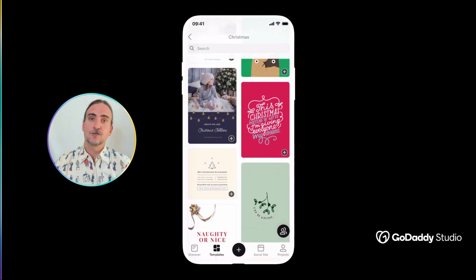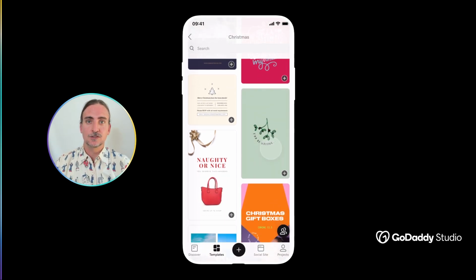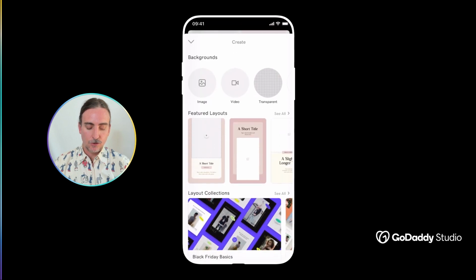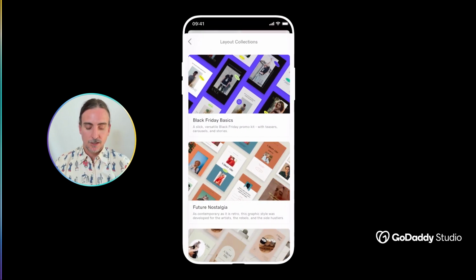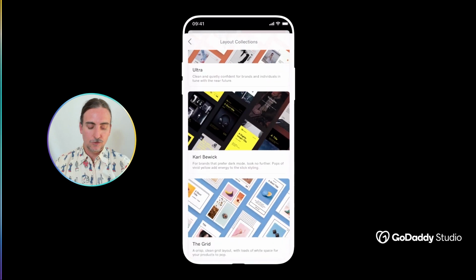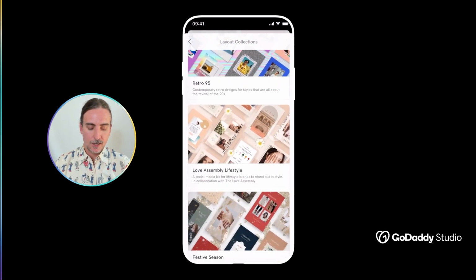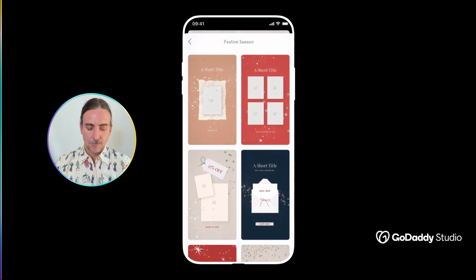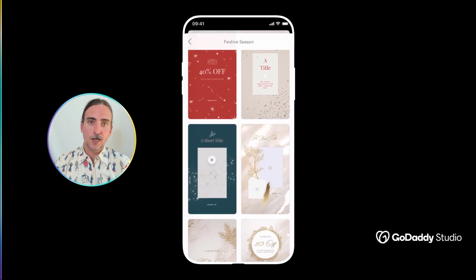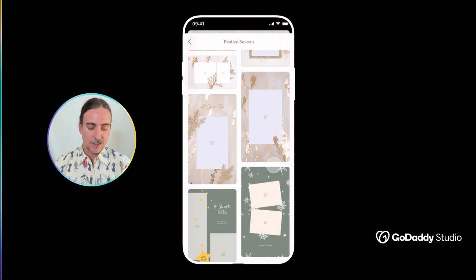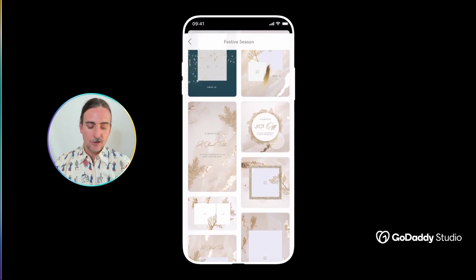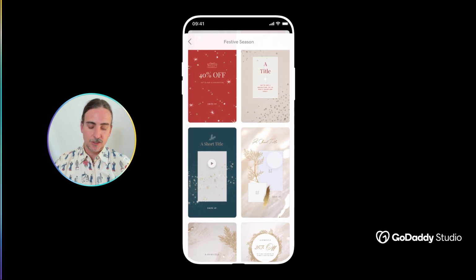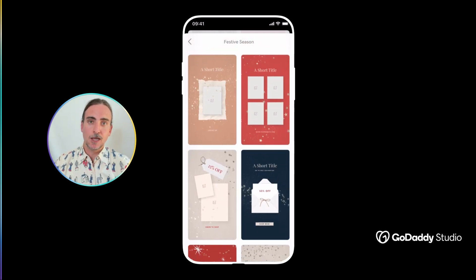If selling is in fact your primary objective over the festive season, then I would suggest you think about a full campaign and head straight on over to our layout collections. Within our full collection view, you will notice that we do have a festive season layout collection. And this really makes life easy for you because it's been professionally designed already. You simply just add your images and text into these placeholders, and your multi-platform, very professionally designed and beautiful looking campaign is ready to go very quickly and easily.